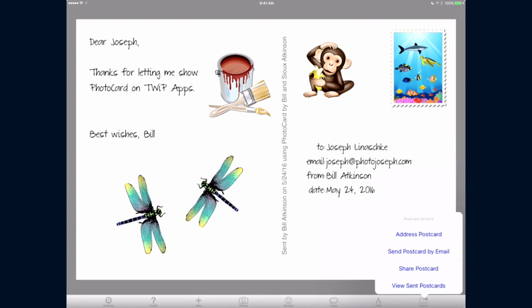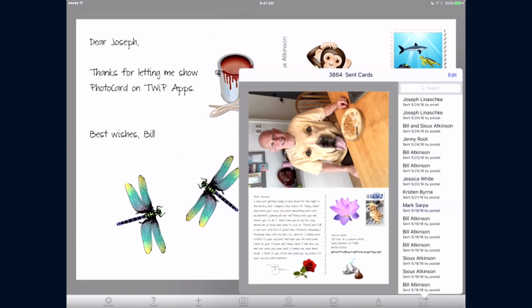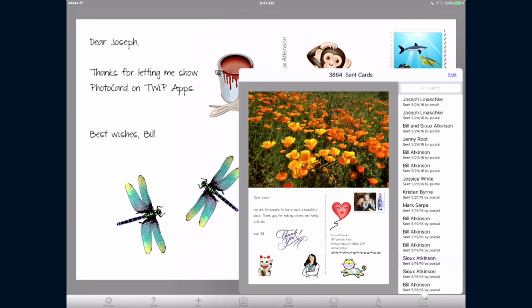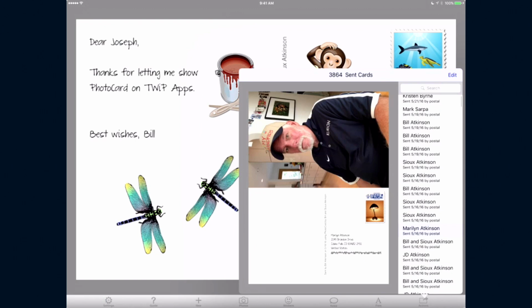Every card you've ever sent, so I should do that slower so your users can see it. By tapping in the bottom right thing where it's the Actions toolbar button, it has address this postcard. Well, that's kind of the same as tapping on the address. Share postcard, that lets you send it by Twitter or messages, anything in the sharing stuff. But it also has a really powerful one, View Sent Postcards. And this shows you a list of all the cards you've sent and graphical previews of them. So I can touch on one of these things and bring it up to look at. And if I want to